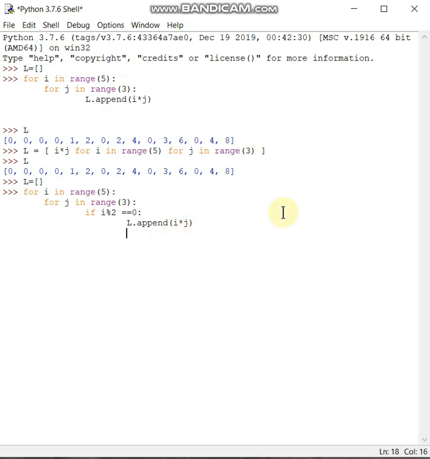Now if I print the values of L, I can see that only the even values are getting appended. Now the next step is how to do it using the list comprehension technique.